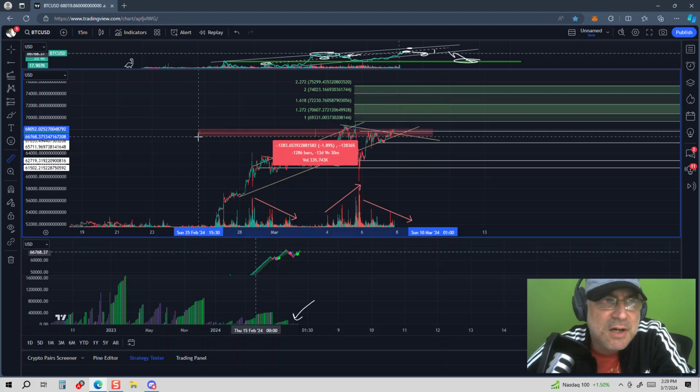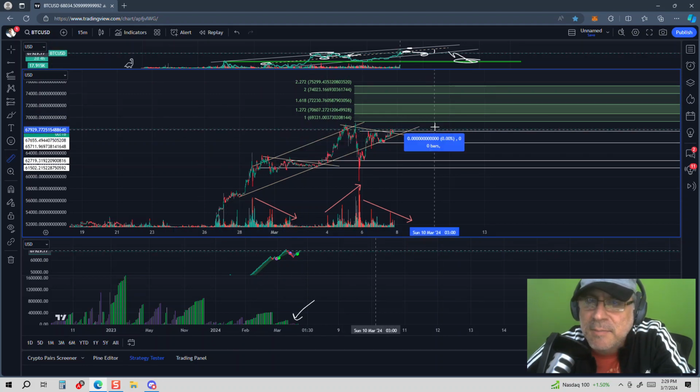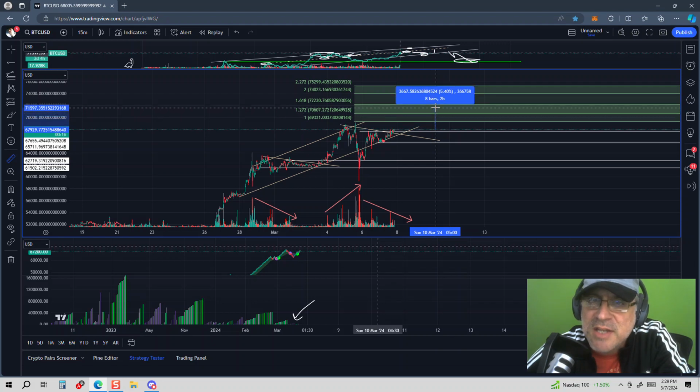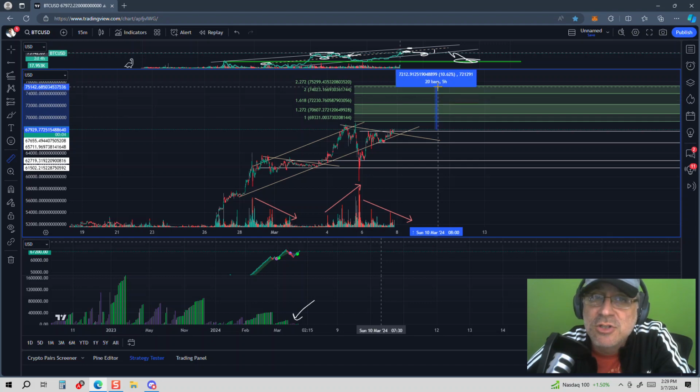Up to here, let me see, up to the 618 would be, because that's probably what I'm going to do. I'm going to try to take advantage of this, especially if it goes up to 80%. So that's like 6.12% up to the 618 where we currently are. That's to the 618, to the 2.272 fib extension. We're talking about a solid 10%, and that brings us up to